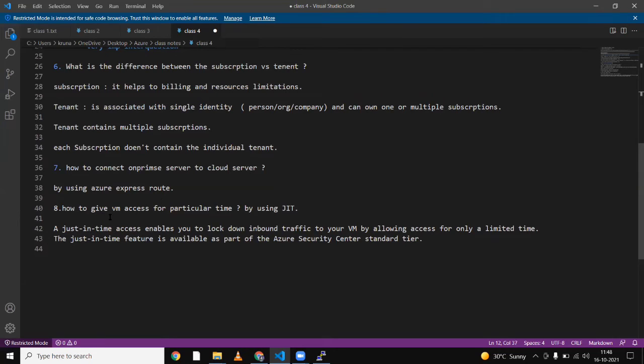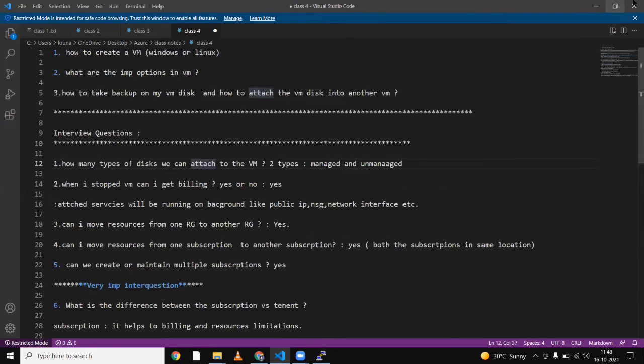Even how to give VM access for a particular time by using JIT. JIT means just in time. If you want to give access to your resources or your machine for only a particular time, you can do that with the help of JIT, just-in-time access. So these are the questions. Now again we are